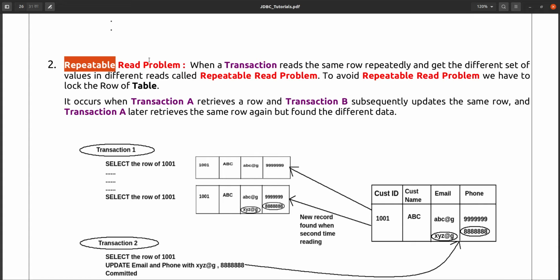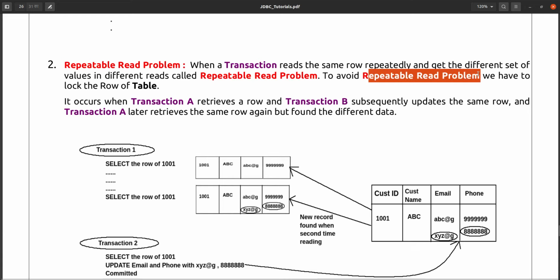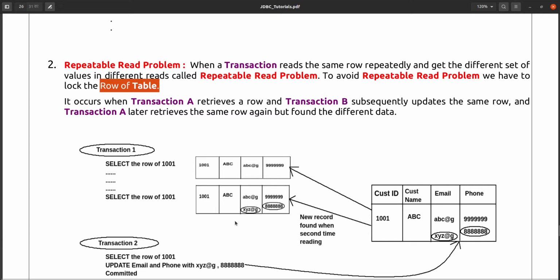So this is called the repeatable read problem. To avoid it, we have to lock the row of the table. The complete row can be locked. If the row is locked by some other transaction, you cannot access it at all.